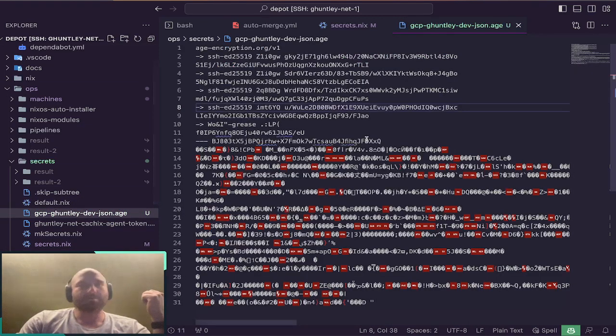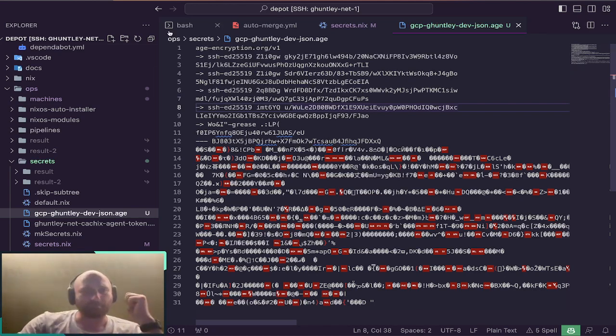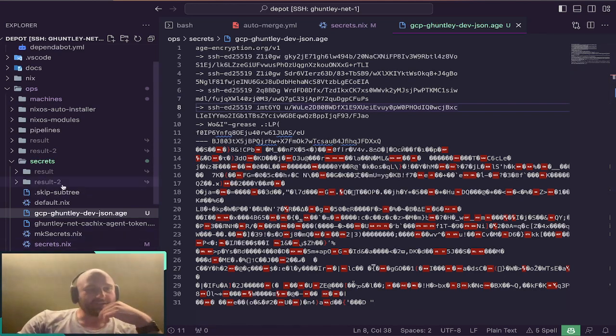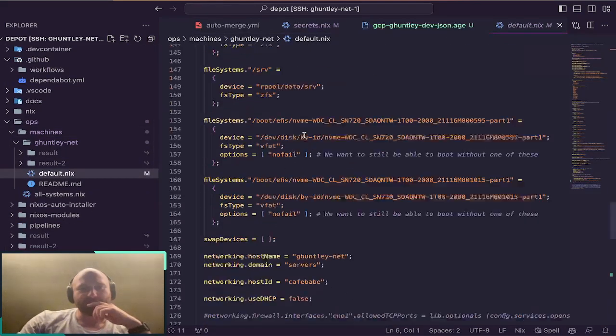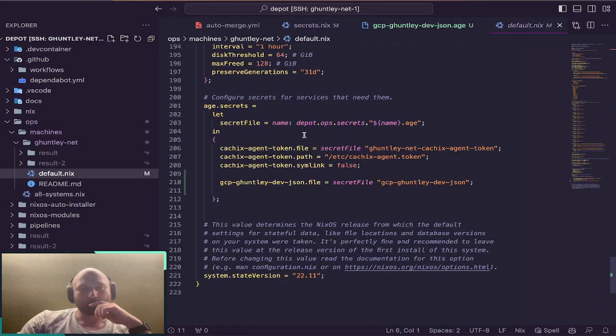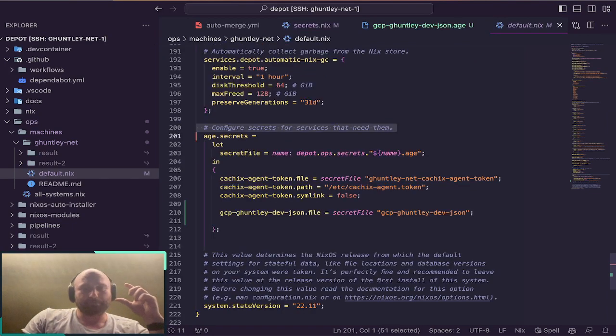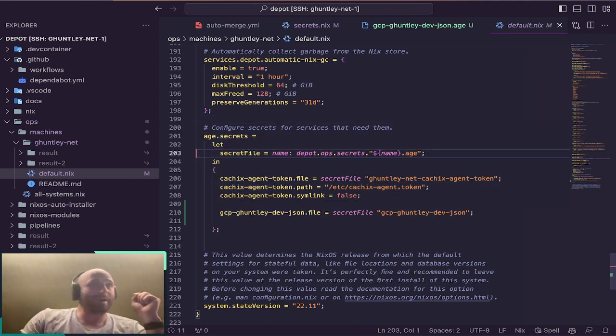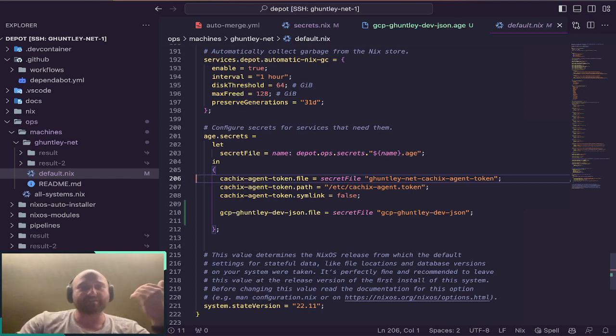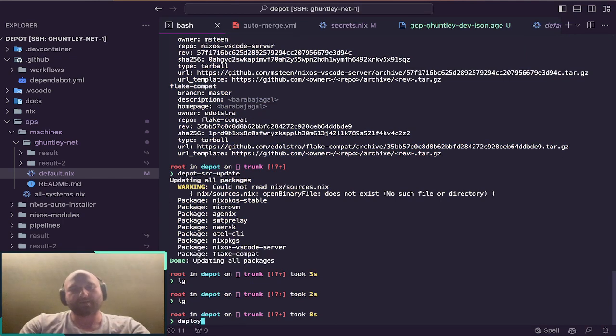And over here is the secret, but it's been encrypted using Age or Agenix. Agenix is a wrapper for Nix over Age. This is Age I'm showing you. And how this works is if I head over into my machine and check out over here, in my machine configuration, I define the secrets. And what happens is when this configuration gets activated, so when I run, say, deploy NixOS,